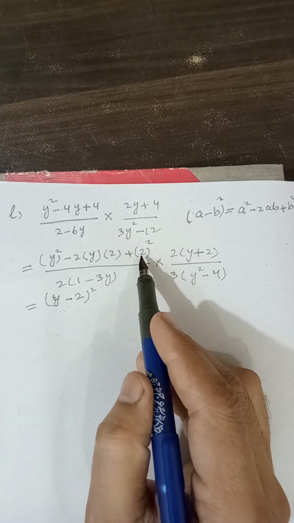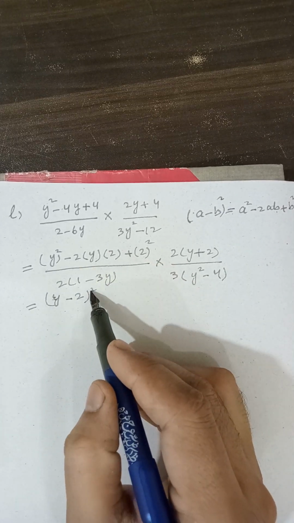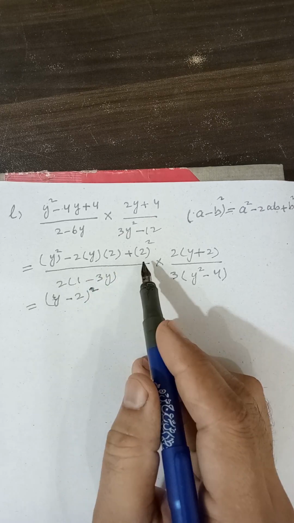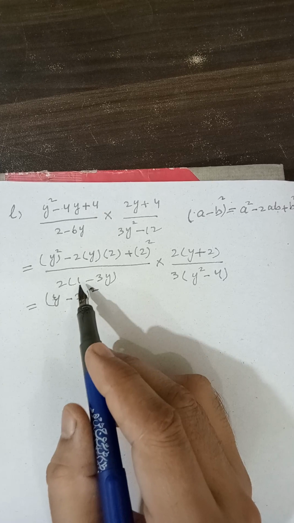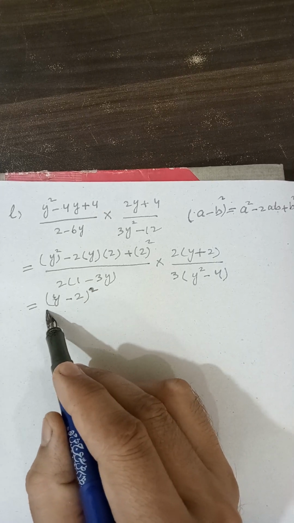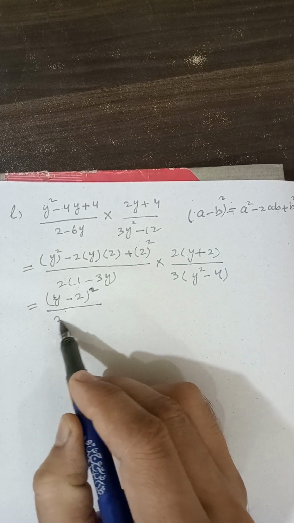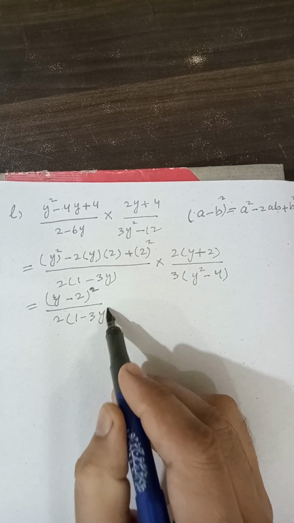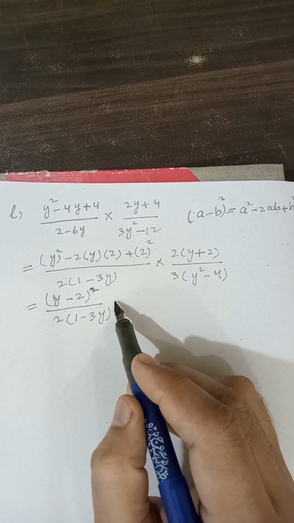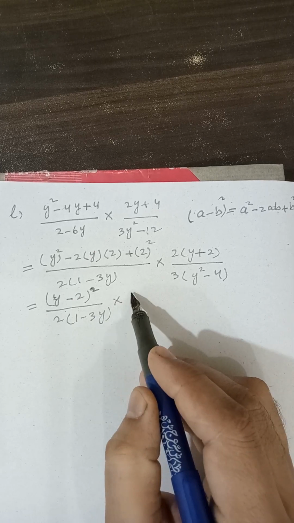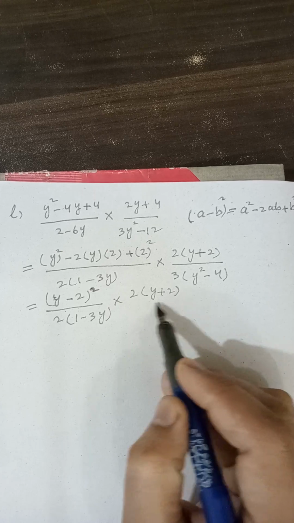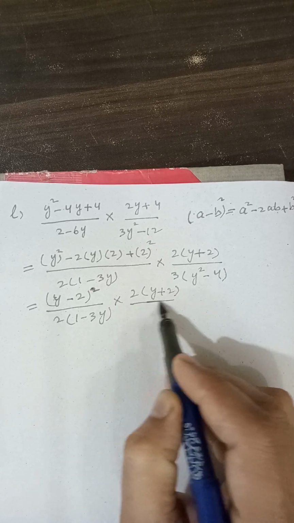This is a and this is b, and this sign will be written here, and this term has changed like this, and in the denominator you will write the same, 2 into 1 minus 3y, and here 2 into y plus 2, over